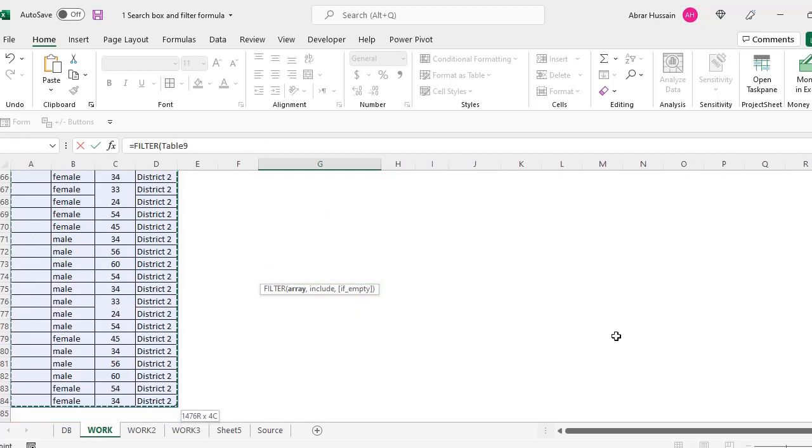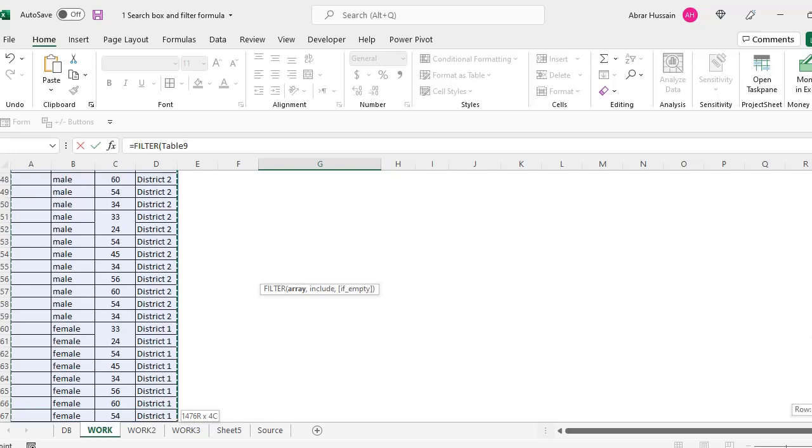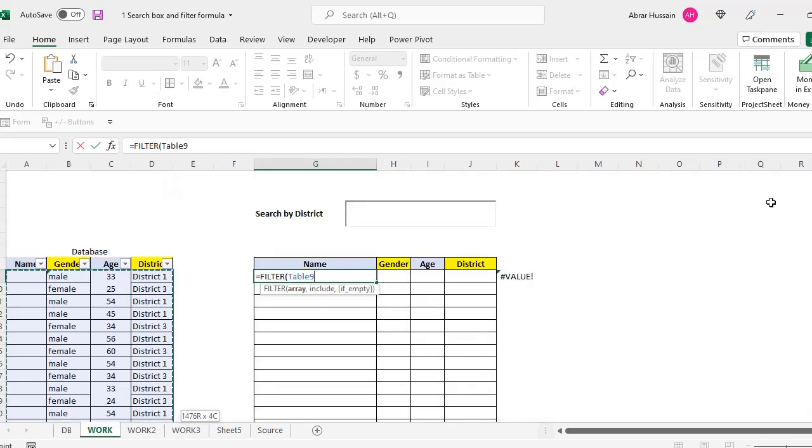I clicked in the first cell and then Control Shift Down. Now you see it has already given it Table 9. That was the name of my table. So you can just type Table 9 if you are not going to range the whole database. You just need to remember the name of your complete database table.